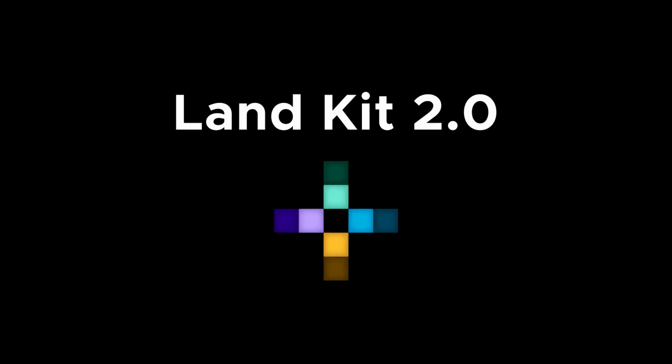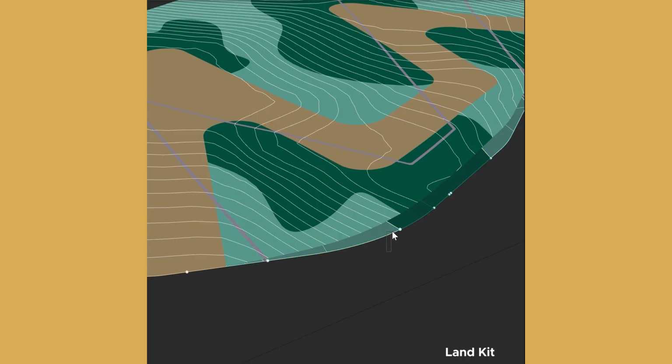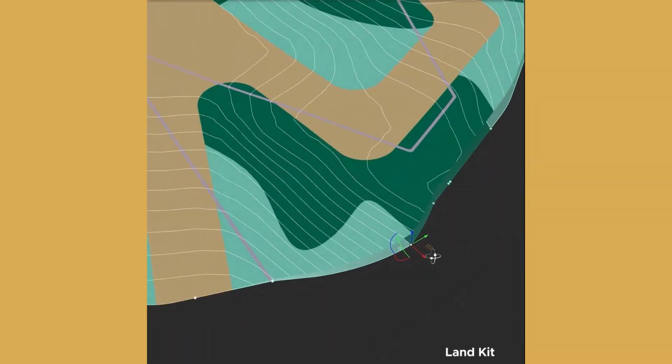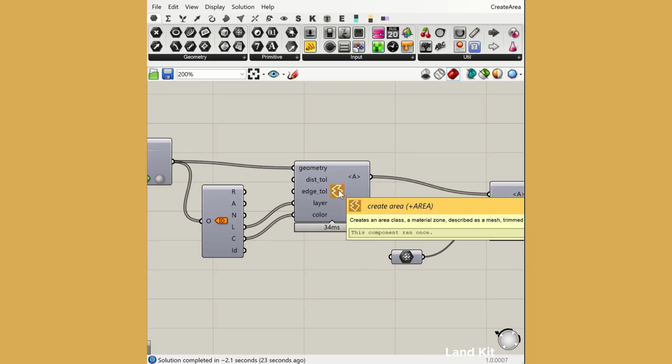And we're adding some new focus areas for LandKit in the new version, which is another big new thing that we'll be talking about, LandKit 2.0, and some of the features, and I'll preview some of that in this video series. But the two big aspects are areas, which we've started using in the topo tools for collaging and defining your site. We're adding some great features for areas, and